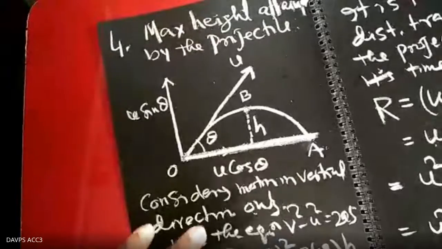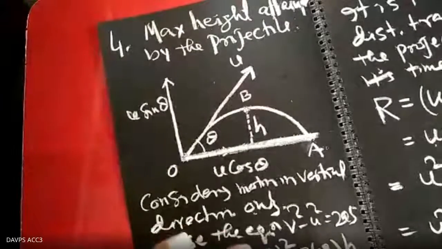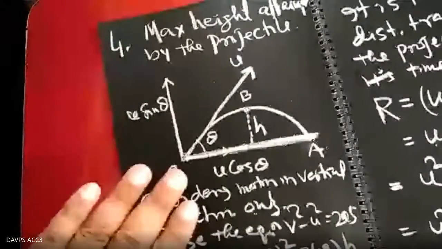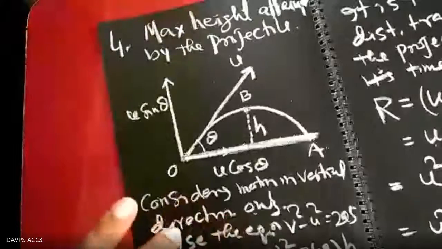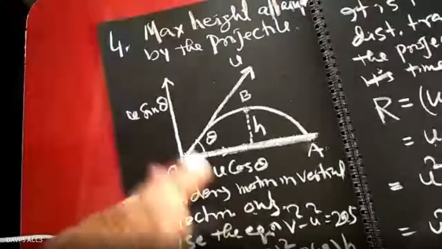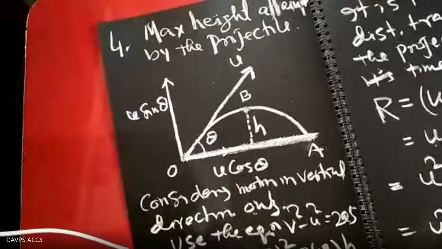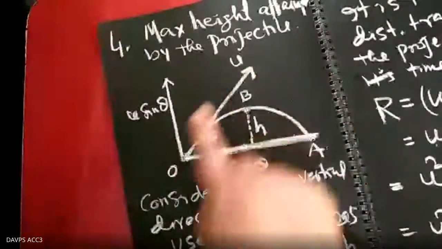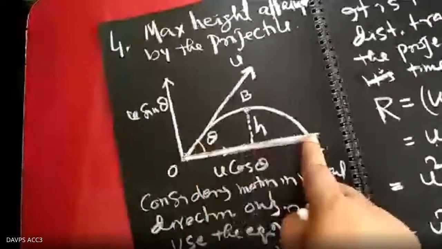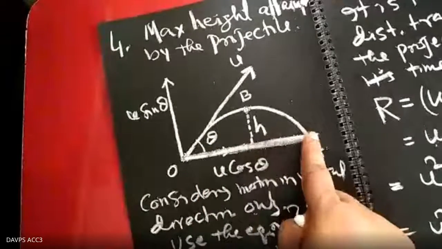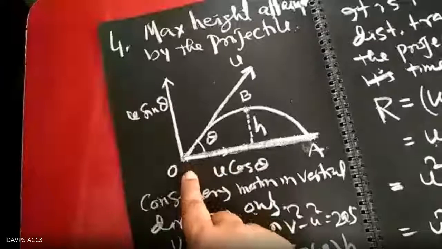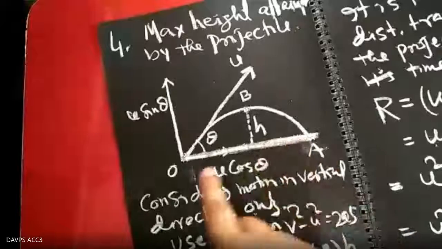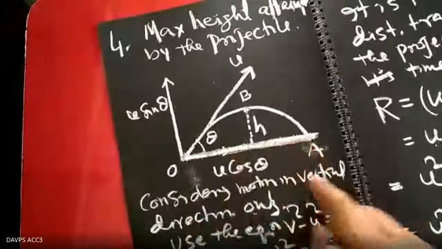Now the question is, suppose two athletes are throwing the projectile with the same velocity u. In one case one is the winner, the other is not. So how is it possible? If the projectile is thrown making an angle theta, it travels the horizontal range. Our target is, in what case will the horizontal range OA be the maximum?